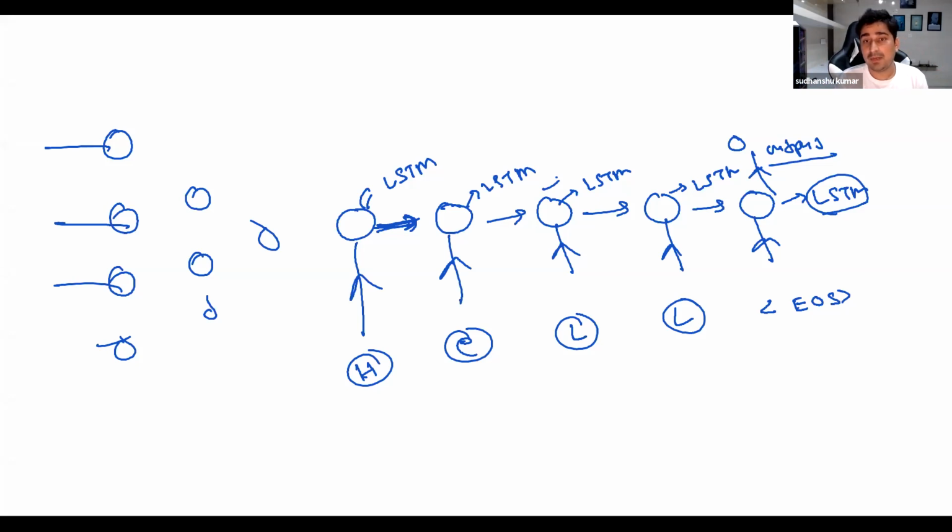Will the accuracy of LSTM be better than RNN? See, RNN is a generic thing, when I say CNN, CNN is a generic thing. Likewise, RNN is a generic concept. RNN simply means that whatever I get as an output, I'll pass that as an input for the next one, on a time axis. That is what RNN is.